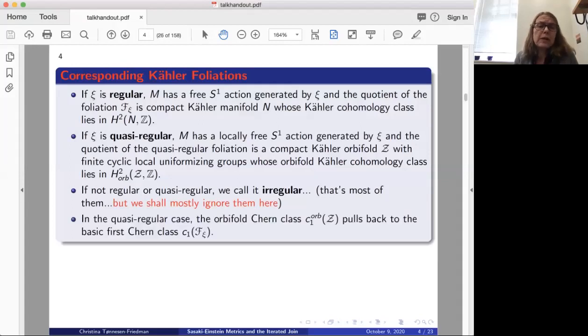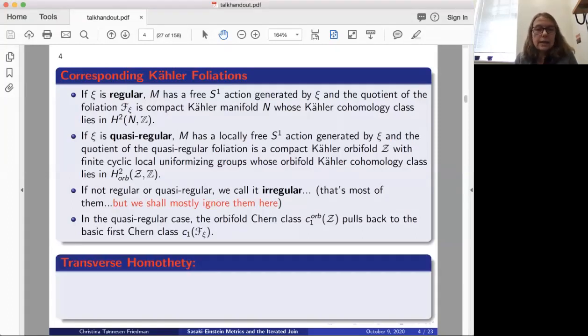Also, just to bring it back to this scalar geometry miracle, the orbifold Chern class of the quotient, in the quasi-regular case, is pulling back to the basic first Chern class of the foliation, which is the class, the transverse class of the transverse rigiform. So,